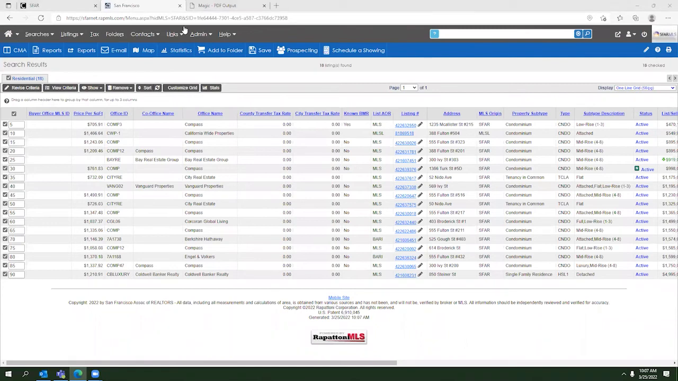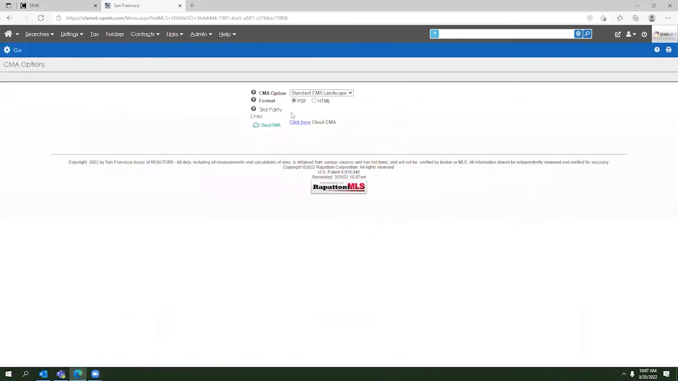So I'm going to go ahead and close that PDF, and we're going to go to Cloud CMA. So Cloud CMA is a great way to perhaps send a CMA that you want to send to your client in the form of a report. So if I go ahead and click on CMA again, instead of the CMA option right here, I'll select the click here, Cloud CMA,